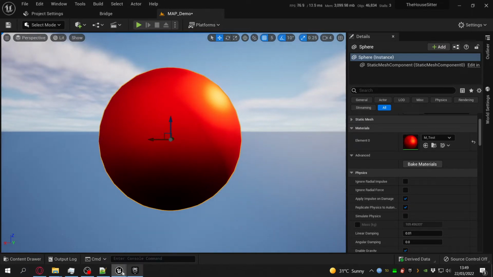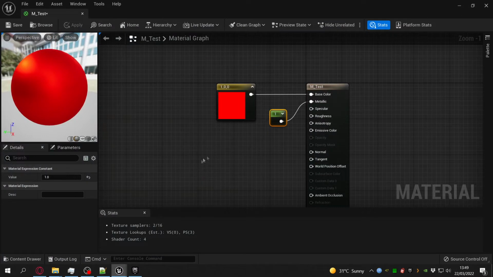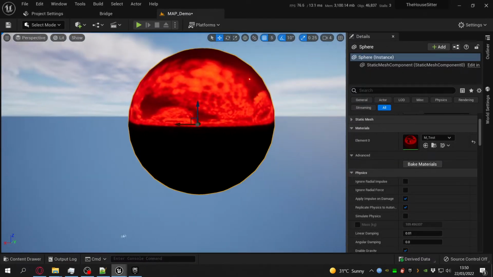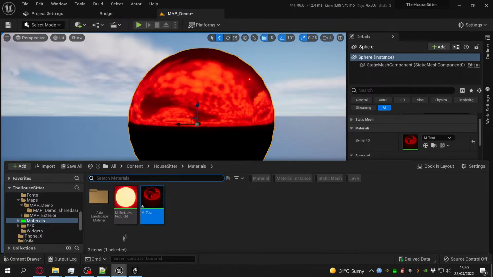The same is generally true of the roughness parameter. Let's do the same thing. We'll put in a single value and plug it into roughness. And you'll see when roughness is 0, suddenly we have this very, very shiny metal ball over here. And as soon as we start increasing that, let's actually,